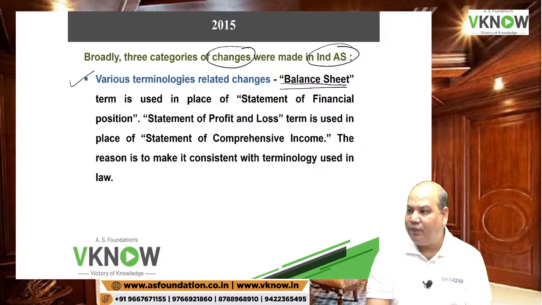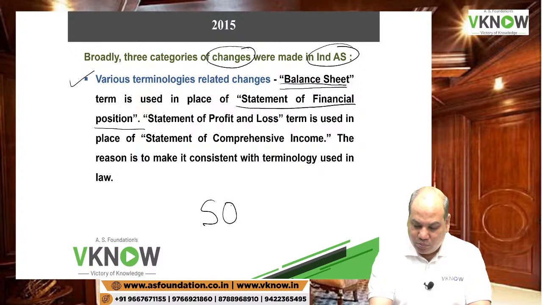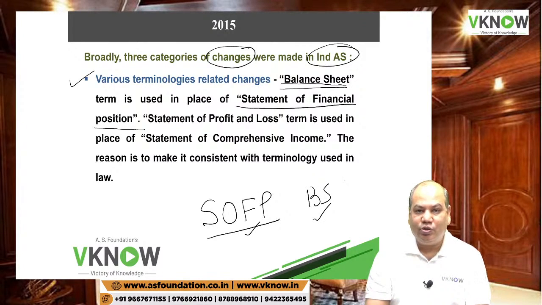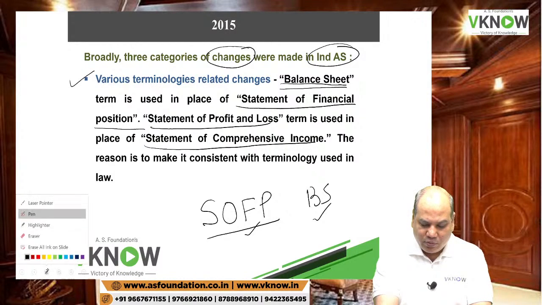And what does IFRS call it? IFRS calls it statement of financial position. So when you solve questions, in many questions the institute has also used SOFP instead of balance sheet. Both are the same in your classroom and in your exam, because the institute has taken some questions directly from IFRS exams, ACCA exams, and they forgot to change some words. One more example, statement of P&L account is used instead of statement of comprehensive income. So these are some minor changes.